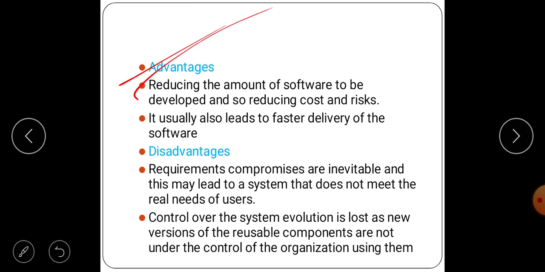Means here we reduce the amount of software to be developed, because we reuse the system. So here we are reducing cost and risk.